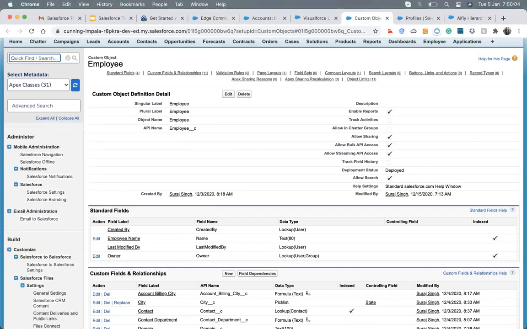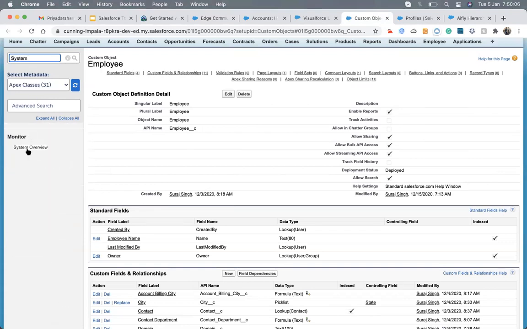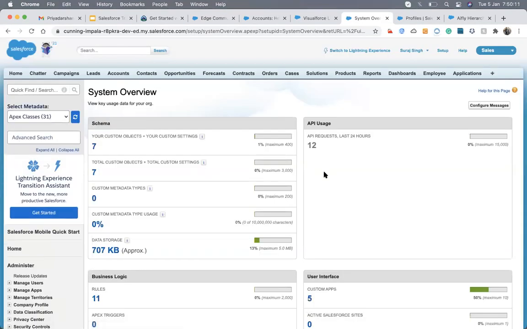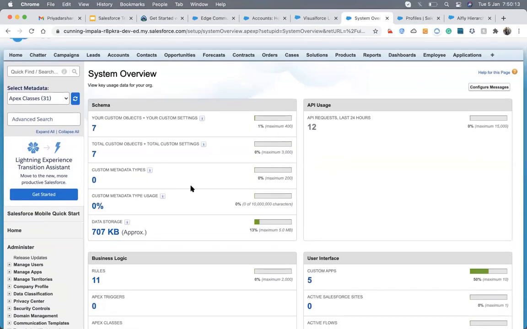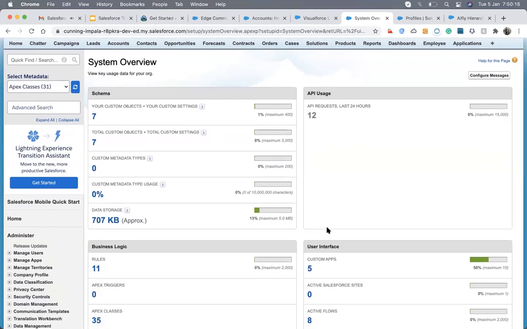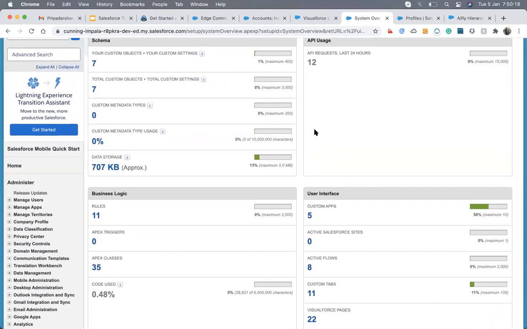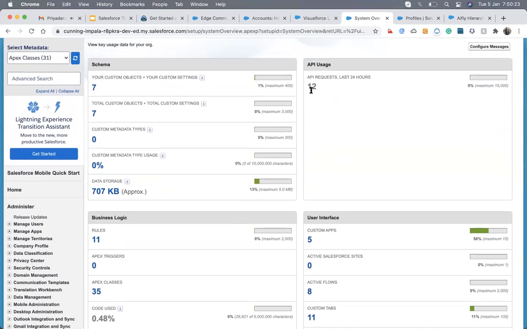Sorry, system overview. System overview is a place where we can see our total org, meaning the overview of an org. You can see up here there is an API request limit, a request that is counted every 24 hours. I can make 15,000 requests in 24 hours.